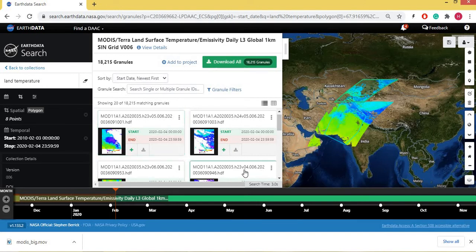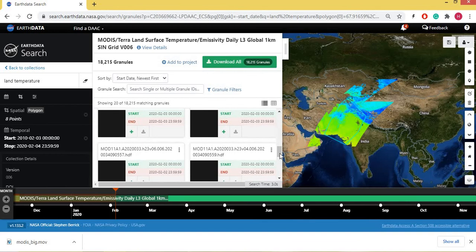And you can see its row number is 05, 04. So this horizontal row number is 04. This row number is 05 for these two images. This row number is 06 for these two satellite images. So with the help of path and row number, you can also select the images. You can also download the images. This is a spatial search. This is the temporal search. So let me discuss